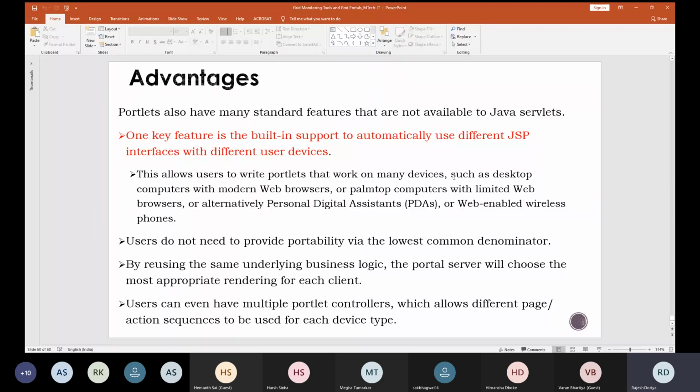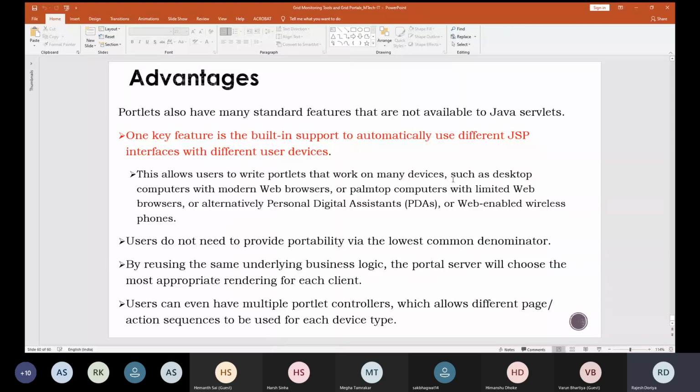For example, say you want to present only CPU utilization to the user, and the user is accessing the grid resources from a mobile, a desktop, or a workstation. All of this can be provided on those different devices without any remarkable change in the native code.